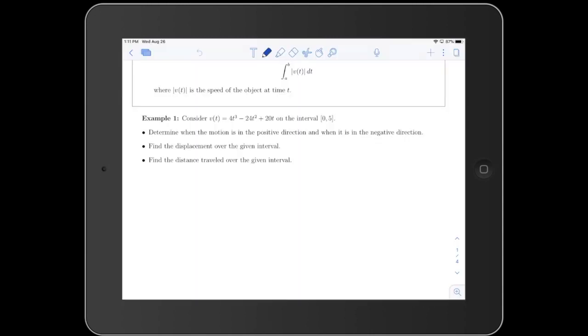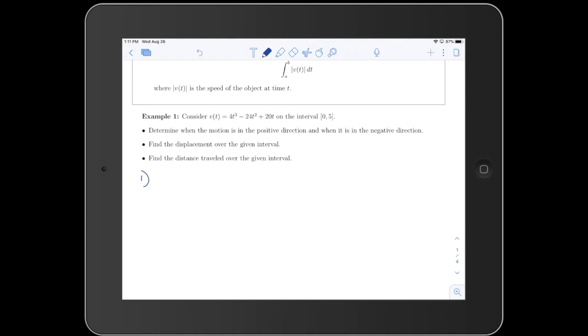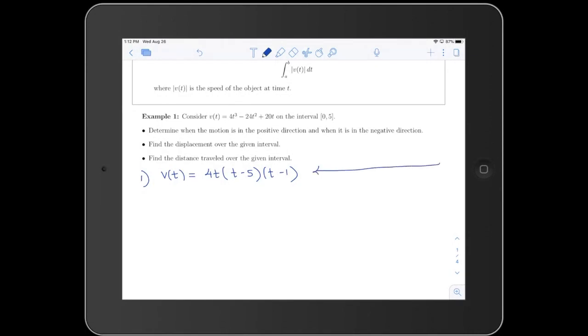All right, so what we're going to do first to answer this question, we're going to take our function and split it, and what I mean by that, factor it, because we would like to see where we have a change of behavior. Okay, once you factor your cubic polynomial, we have zeros of this polynomial, right? So 0 is one of the zeros. Okay, then we have positive 1 and positive 5. Okay,